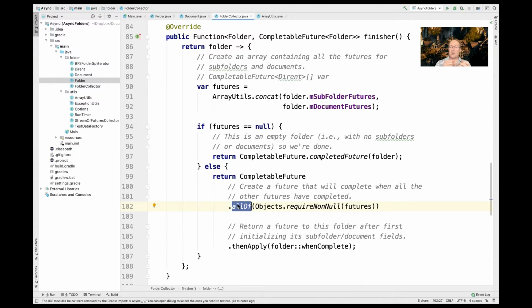So what we're doing here is we basically have kicked all of this stuff off in the background running asynchronously, and then we end up with a single completable future. And when that single completable future completes, it's because all the other things that it was doing, like opening documents and getting their contents and building subfolders, all the asynchronous processing is done. And so when that completable future completes, the then apply method is called, and we call the folder when complete